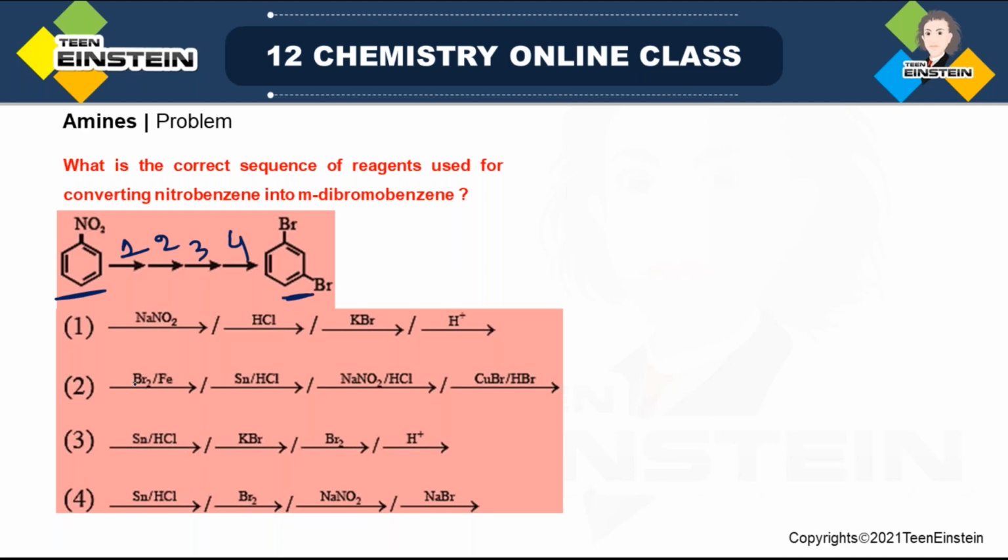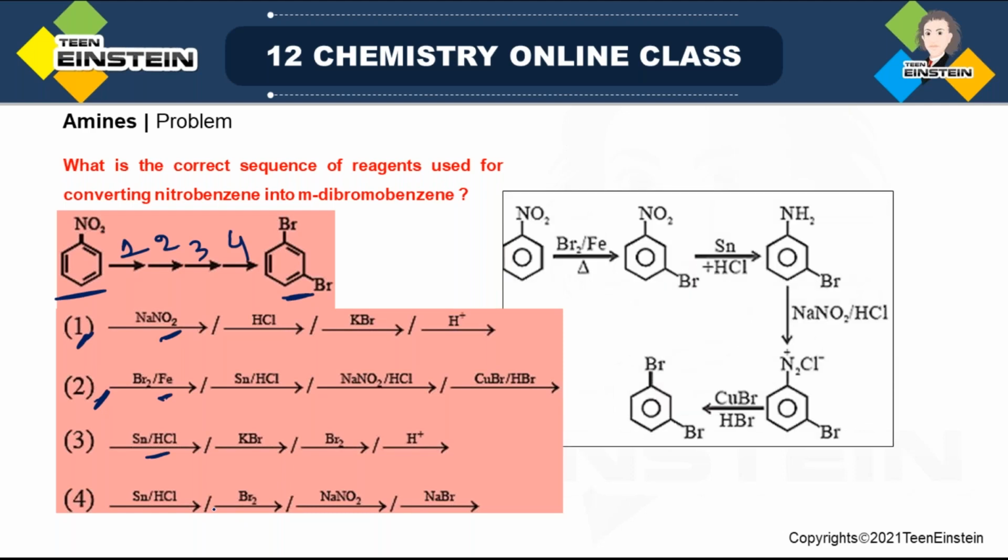So from that logic, you cannot use option 1 and 2 because you do not have any reducing agent, right? In the first option it is used NaNO2, but NaNO2 cannot be used on nitrobenzene, it must be aniline. Then this is also not correct because you are not getting NH2, there will be bromination simply of nitrobenzene. But option 3 and 4 you are using some reducing agent, and the reducing agent will help to convert NO2 to NH2. And once it is converted like this, next what you can do,